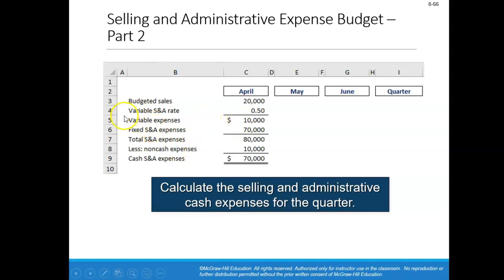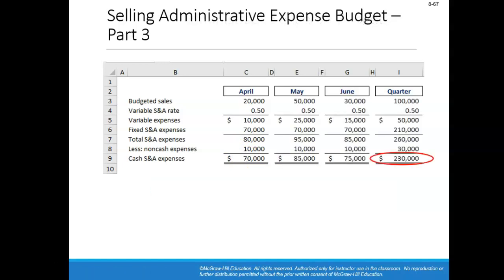The fixed expenses total $70,000. Total expenses would equal $80,000. Now recall that $10,000 of the fixed expenses is depreciation, a non-cash expense. So with $10,000 subtracted from the $80,000, we expect to spend $70,000 in the month of April on selling and